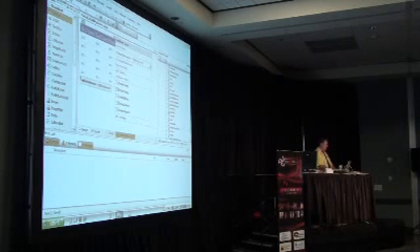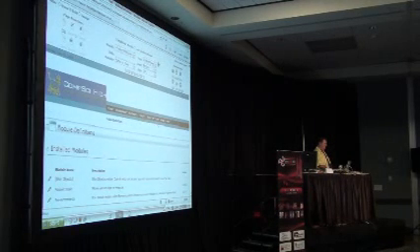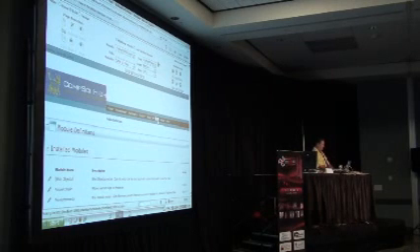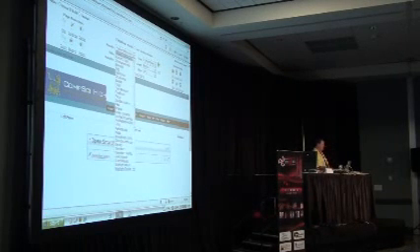So then I'm going to save this, and then I'm going to come back to my test page. And I've already placed the OpenSmart module